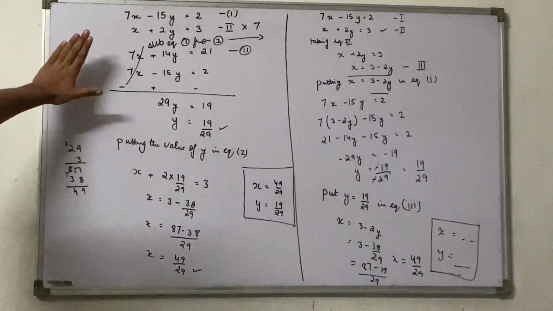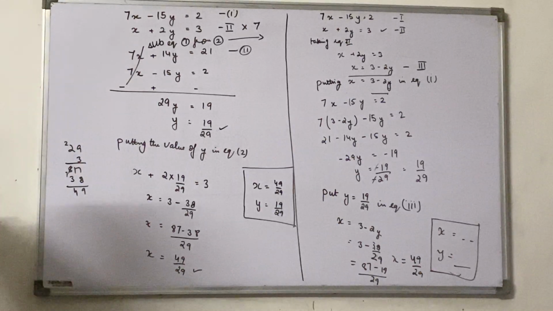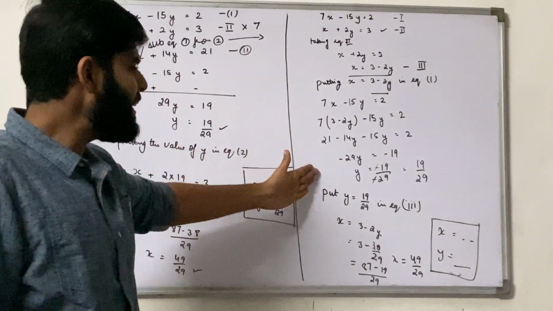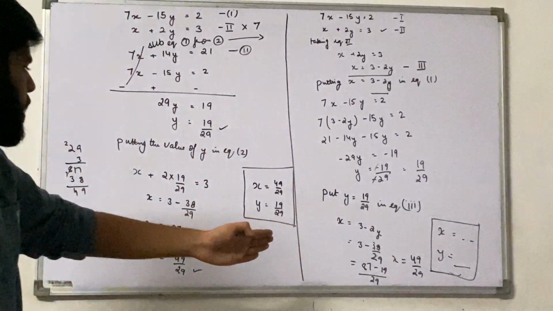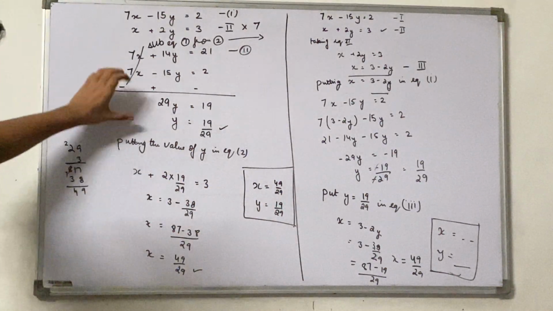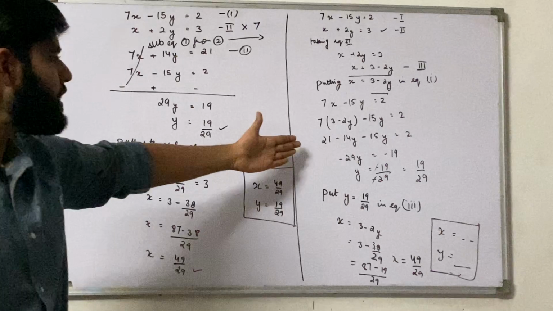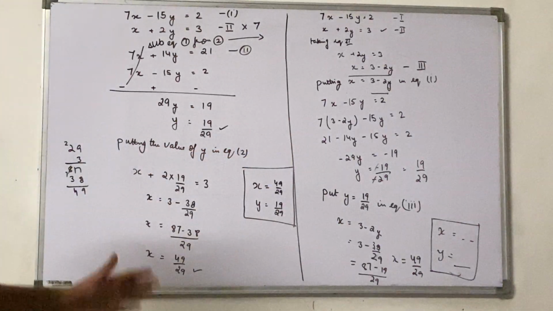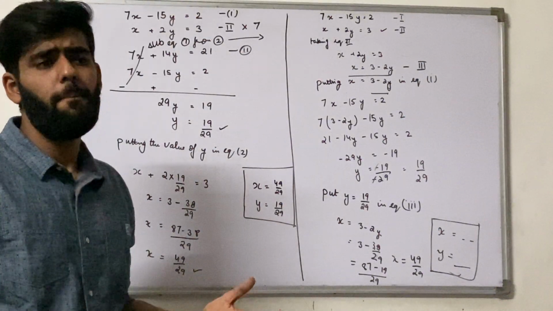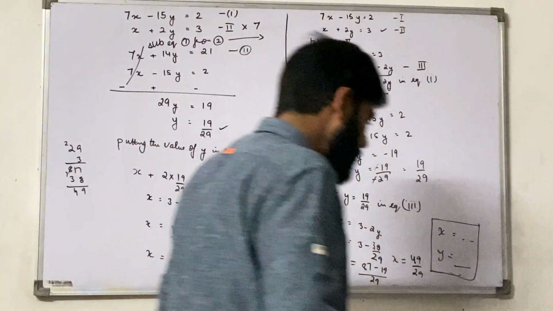Now this is a very easier method. There is less calculation because one variable directly is reduced and you get the answer in only one step. Here you have to calculate it in many steps and then you have to put it again in the first equation. Here this is only one step and then these steps remain the same. Just imagine this is one step and there are 1, 2, 3, 4, 5 steps. Hence the chances of error in this is very large. Elimination is a foolproof method. There is no chance of mistakes in this method. I hope you are done with these two sums. Now we will start with the further sums.